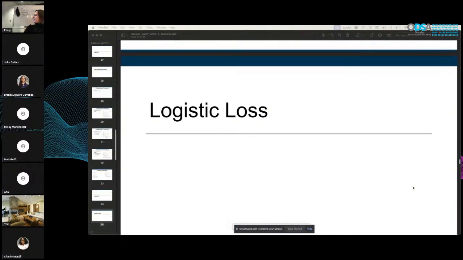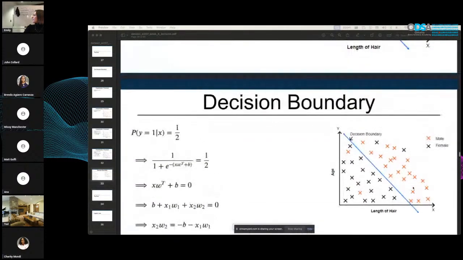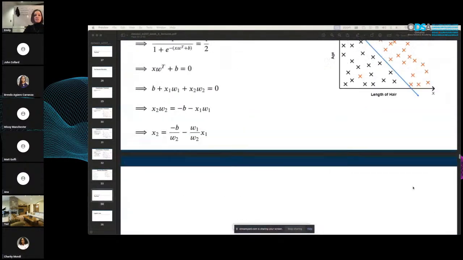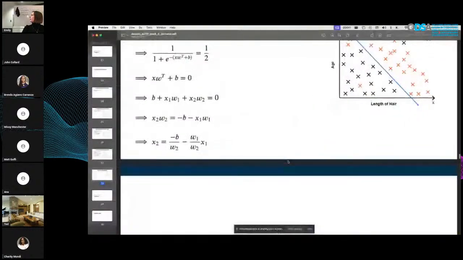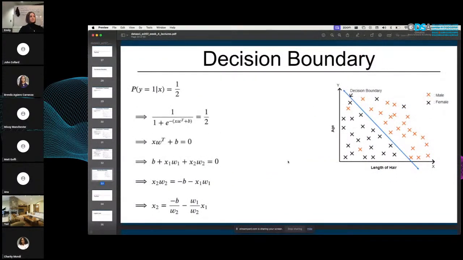Interesting thing about decision boundary, you can solve for that. When you're saying the half, someone just said, I'm just going to try to figure out the half point and then go backwards. So at least I have some type of answer, and then maybe I can figure out what this means. It seems like an easy way of saying, let me figure out what this looks like. You can use this as a formula.